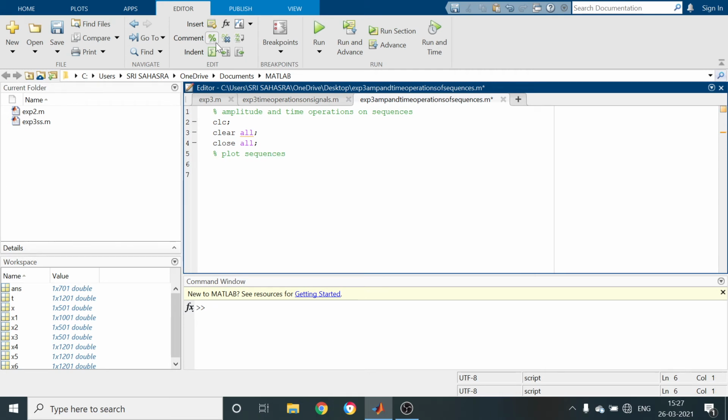So for plotting, in order to define a sequence, first we have to enter the number of elements. For that we have to use a command. You already observed in basic operations on matrices, if you have to enter the matrix elements, you use the command input, where you give the input elements through the command window. After running the program, enter the number of elements.